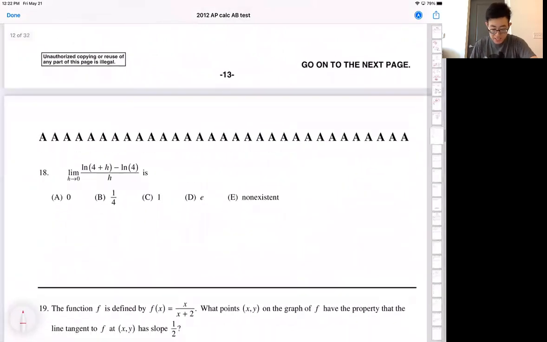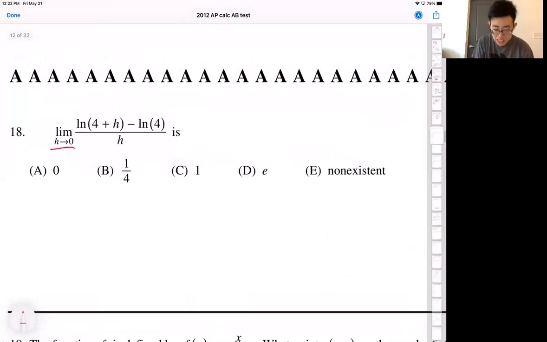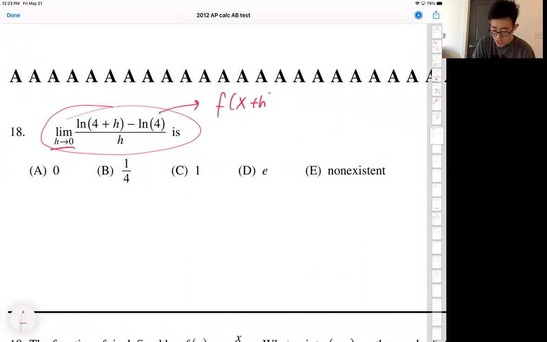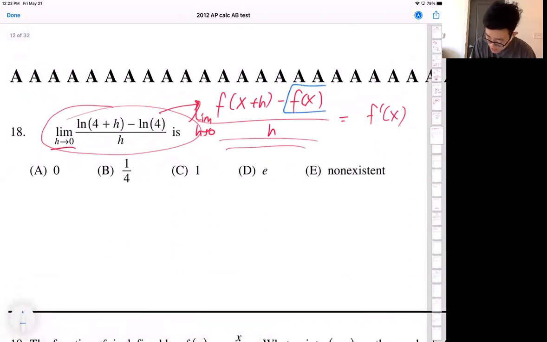For number 18, we have the limit as h approaches 0 of this crazy looking function. Anytime you see this, your goal is to recognize that it's one of those f of x plus h minus f of x over h, as h is approaching 0. This is the same thing as saying the derivative of f of x, because that's the limit definition of the derivative of the function. So whatever this thing says, I tend to focus on whatever that part says right there, which